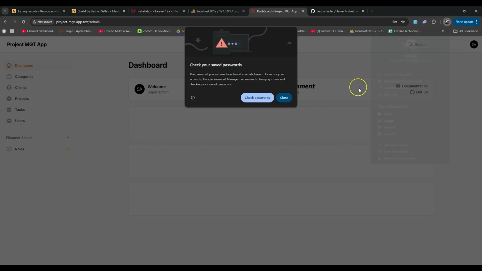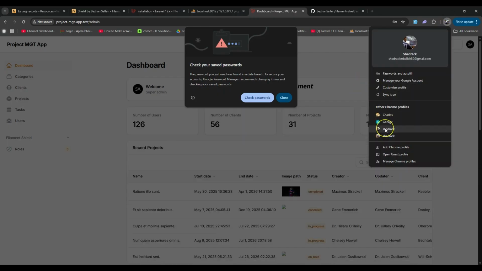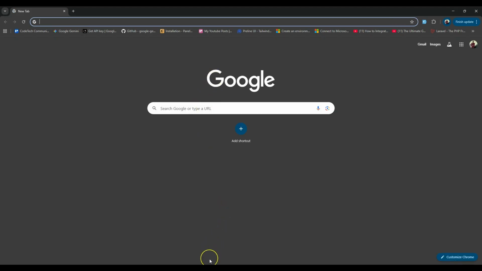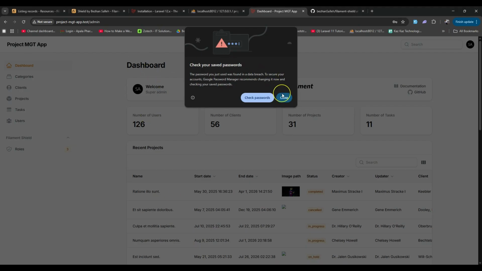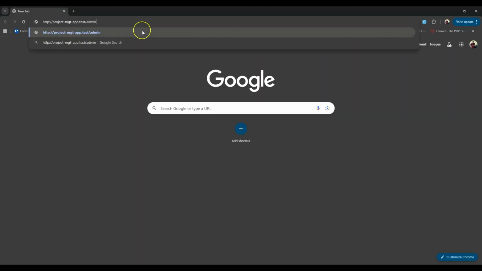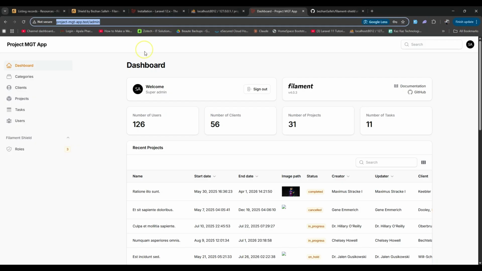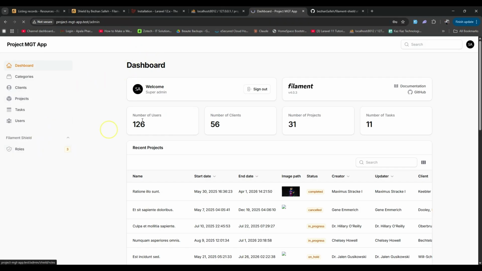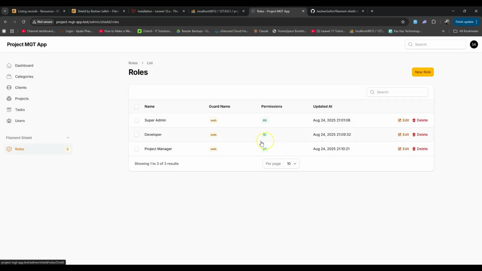Let me open another tab here, and then I'll open the same project here. So from here on admin, I mean the super admin, let me go to the roles, and on the role of a project manager,